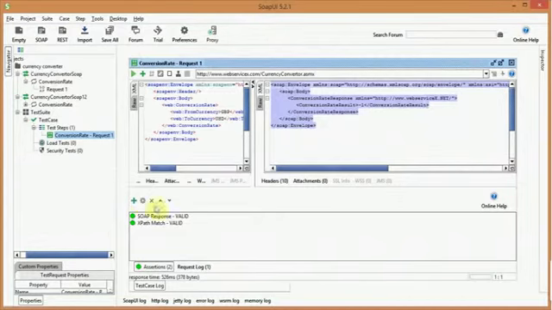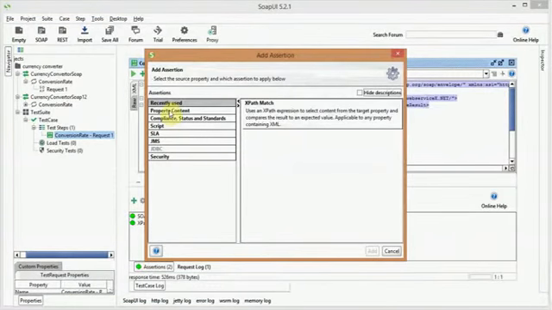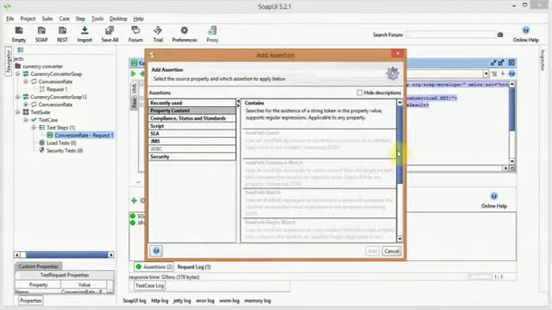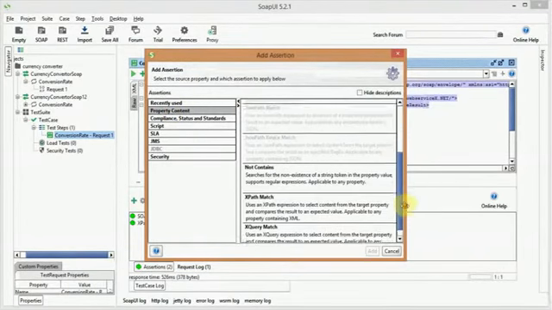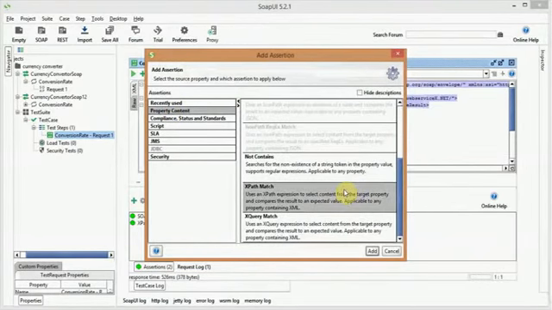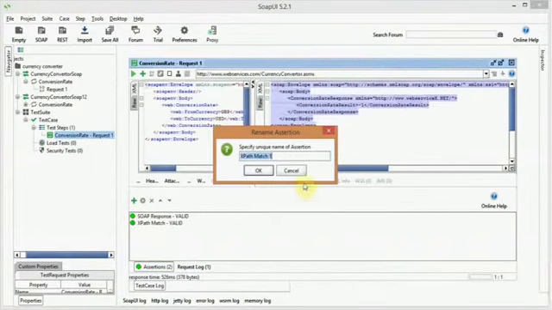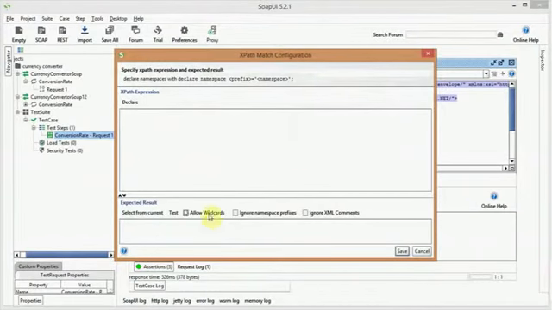So we have to create another assertion. Click on add, click on property content, select the XPath match and add this. We will give it as XPath match 1 as name, and we have to declare it as